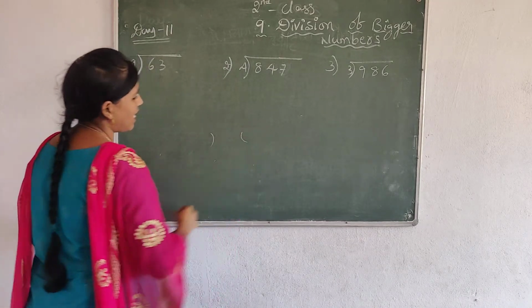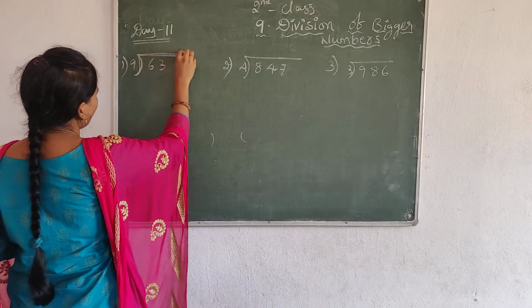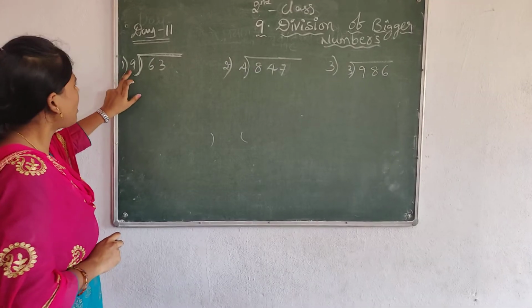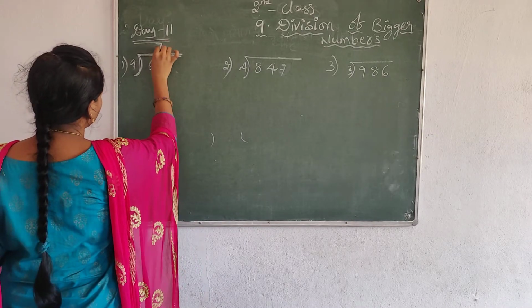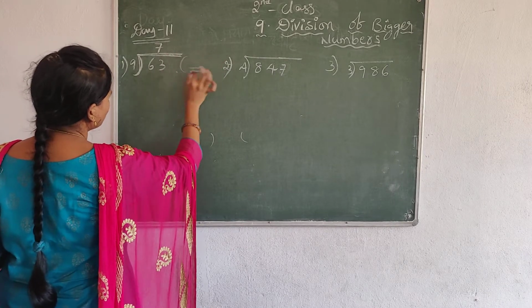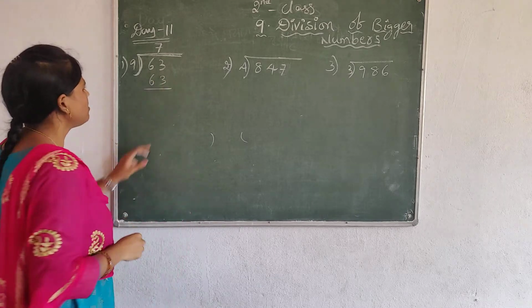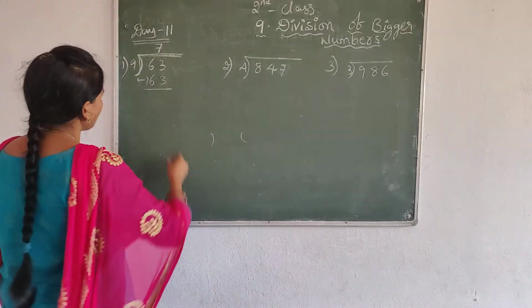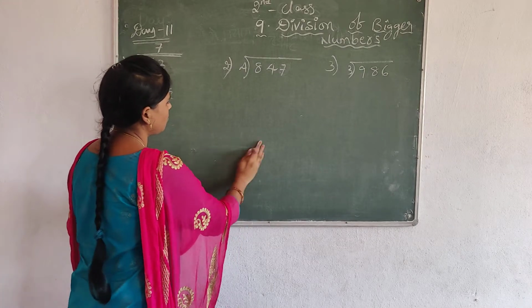In the last case, we took two brackets like this. This is also another way of division. Okay, this is also a division. This is another method. 9 how many times cancels 63? 9 7s are 63. So write 9 and write your quotient in this place and take 63 here. Subtract again. 63 minus 63 is how much? It is 0. Okay, these two are the same as given.